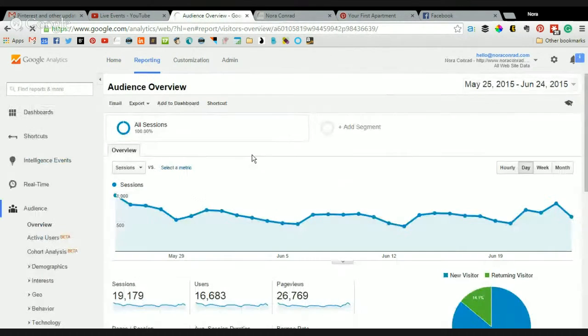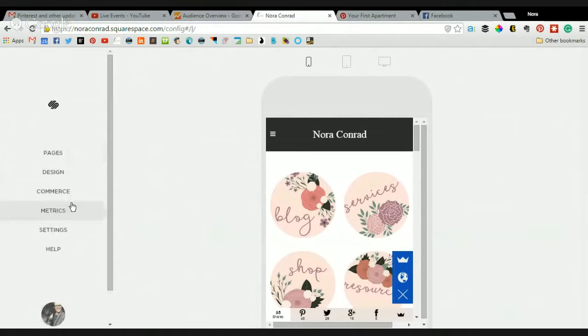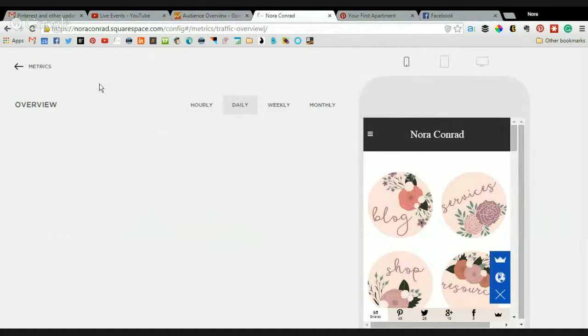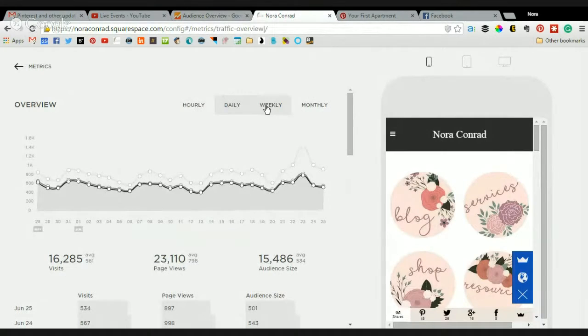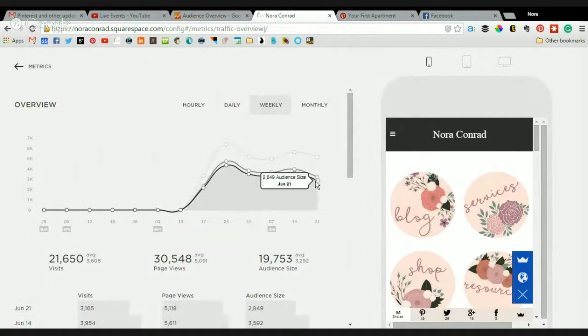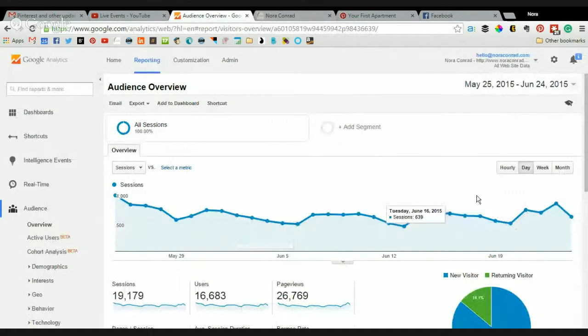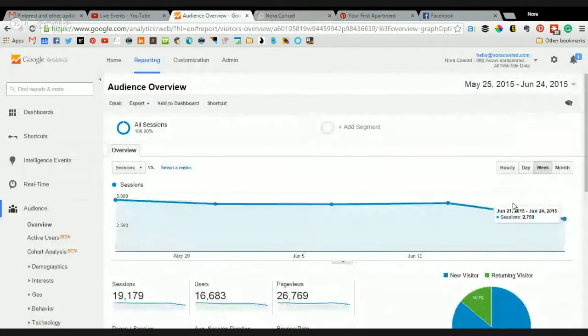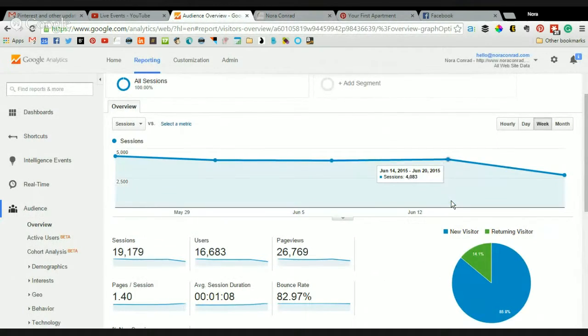Okay, so Google Analytics. The first page you open up to is an overview of your traffic. This is just like your traffic overview in your metrics. Let's go to a specific week so I can show you if there's any differences. All right, so let's click on the week of June 21st. It says that my audience size was 2,800 people. If I go to that same week on here, June 20th, I guess, it gives me the number of sessions,